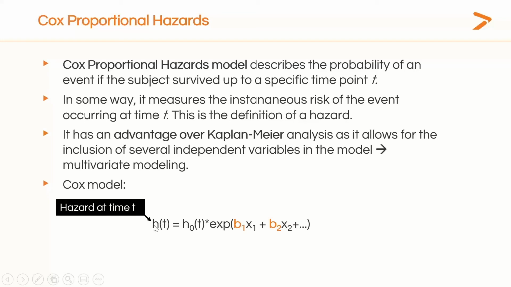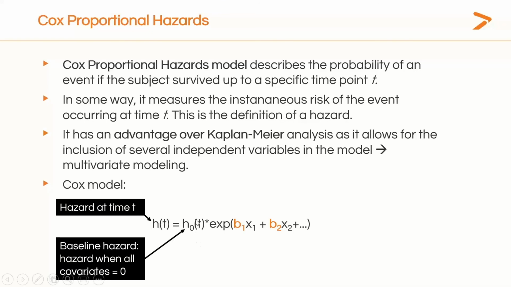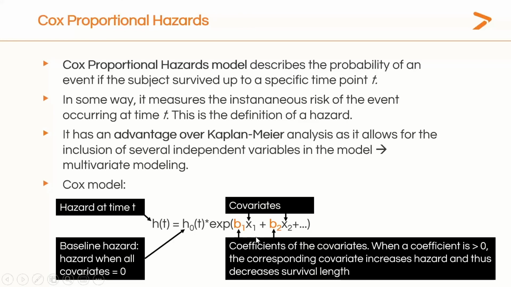This is the hazard at time t. So for instance, the risk of death at time t, which is equal to a baseline hazard, a baseline risk of death, which is influenced by covariates associated to coefficients. So B1 and B2 are coefficients of the covariates. When a coefficient is higher than 0, the corresponding covariate increases hazard and thus decreases survival length. So when coefficients are positive, this means that the corresponding covariates have a significant effect on hazard and thus on